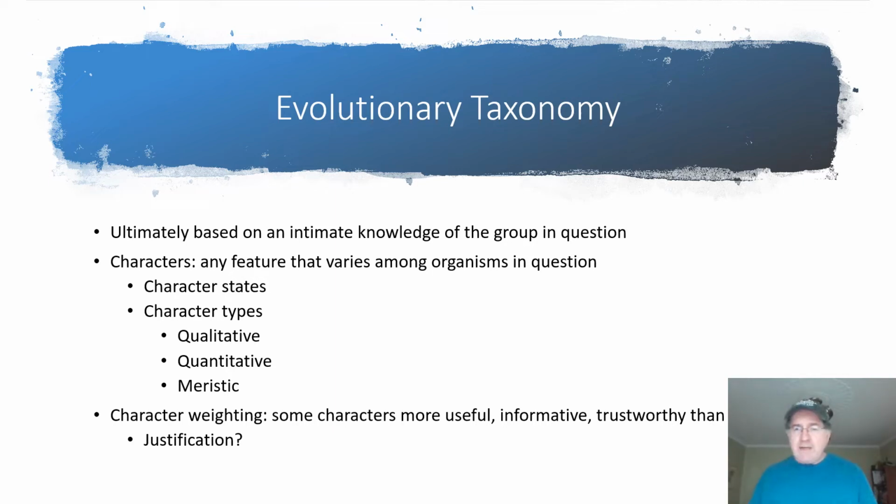But before I start, how do I know this? If I start out by saying that the number of wings is important before I've studied anything, then I am biasing myself in the process of coming up with a classification. And that would be, in many circles, considered to be antithetical to the scientific method, that the person doing the work should try to eliminate as much as they can their inherent biases. The evolutionary taxonomic point of view that some things are more important than others, and we can know that in advance, was just antithetical to some other people.